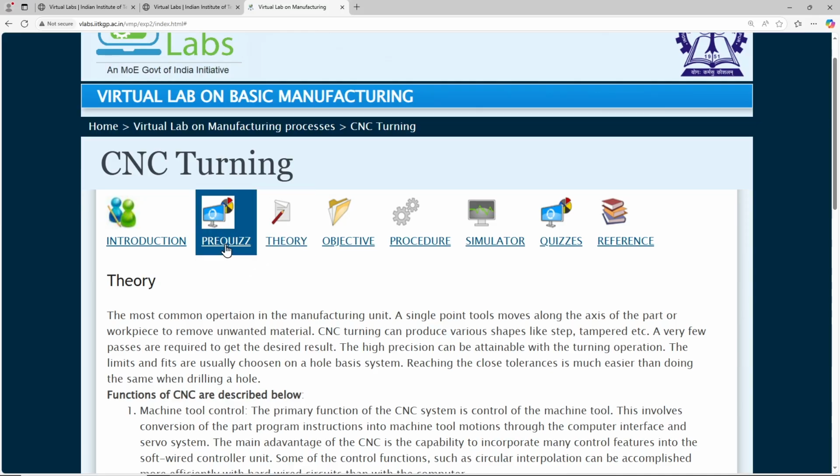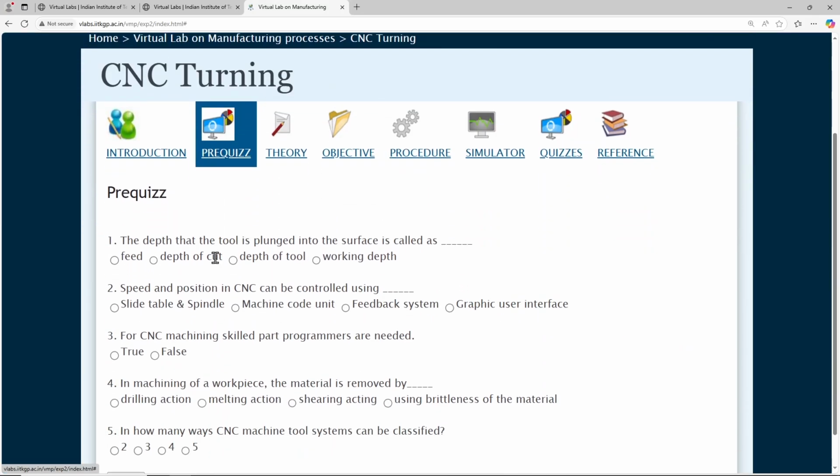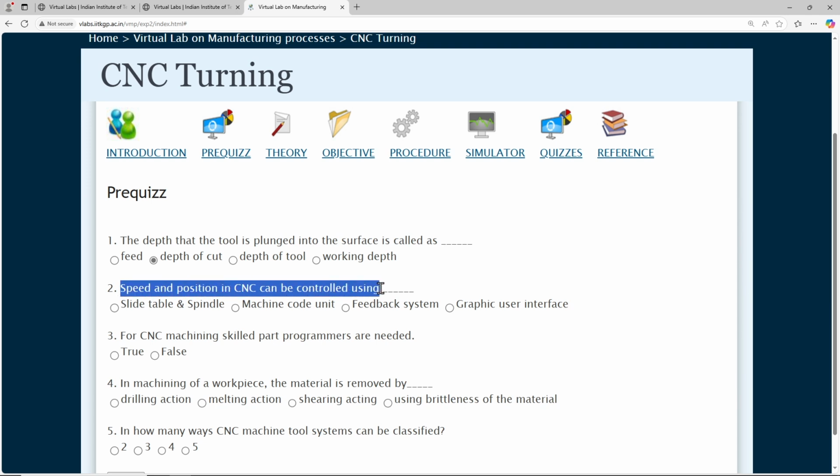Let me try to come to the pre-quiz questions. The depth that the tool is plunged into the surface, we have studied, is called depth of cut. Speed and position in CNC are controlled by the slide table and spindle.